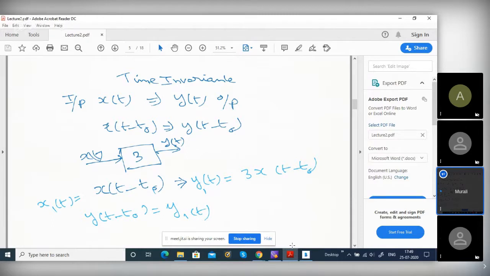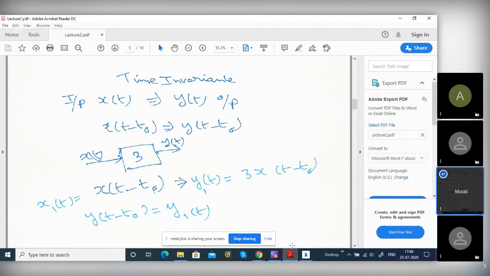There are some systems which are time variant systems actually. You should not confuse linearity and time invariance. They are two different properties. But if both linearity and time invariance are there, then it is an advantage. We can use something called convolution. I'll talk about this later. So if x of t is delayed by t naught, the output is also delayed by t naught.